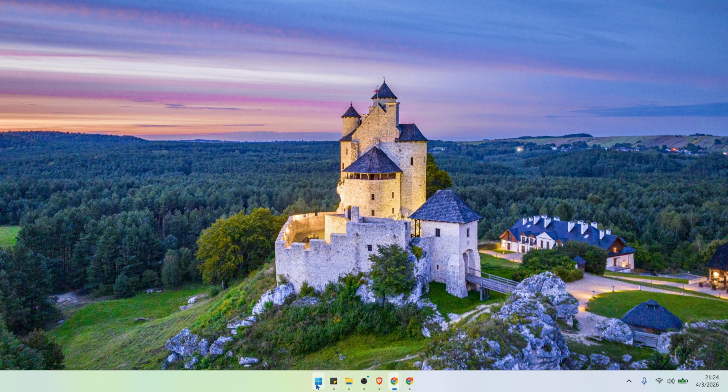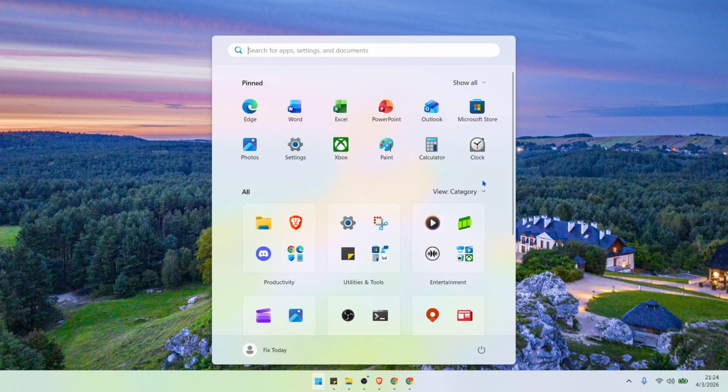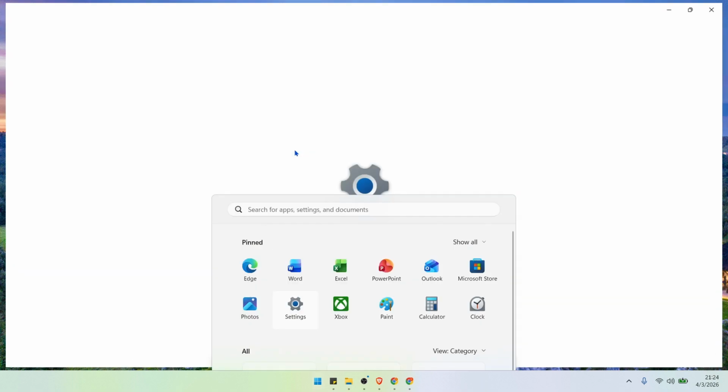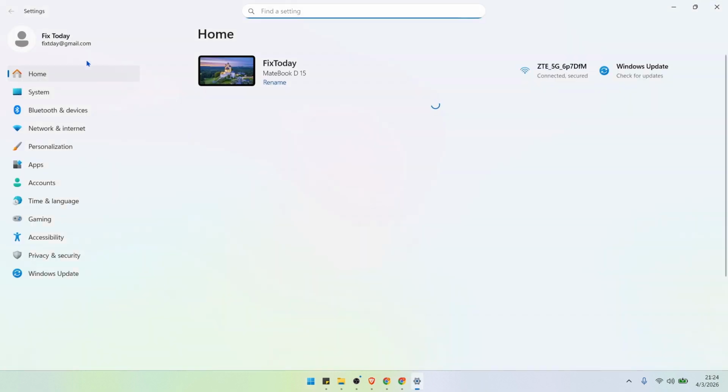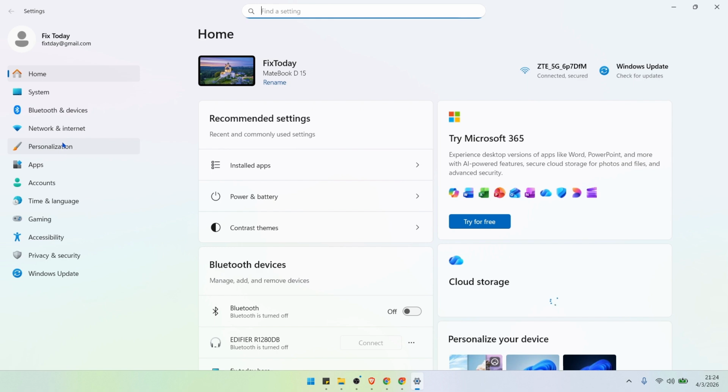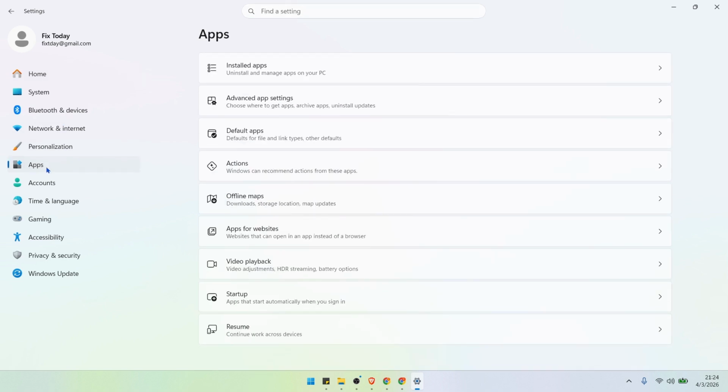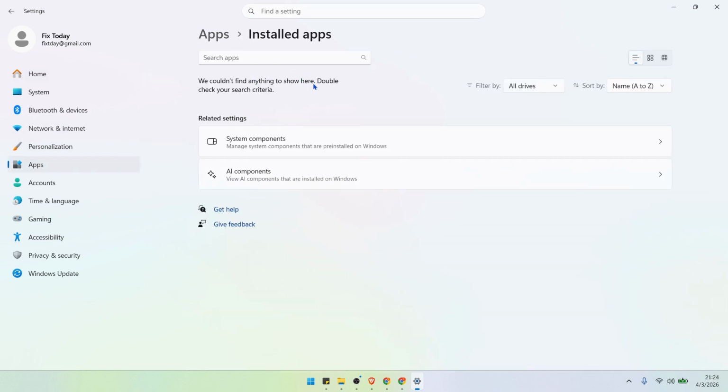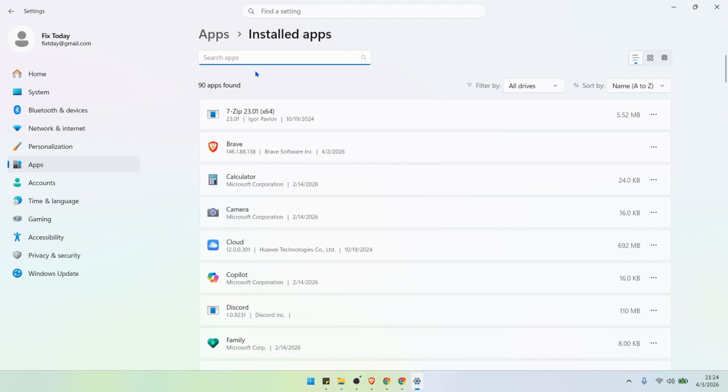Start by clicking the Start button, then select the Settings gear icon. Once you're inside Settings, look at the left-hand sidebar and click on Apps. After that, click on Installed Apps at the top so you can see the full list of applications installed on